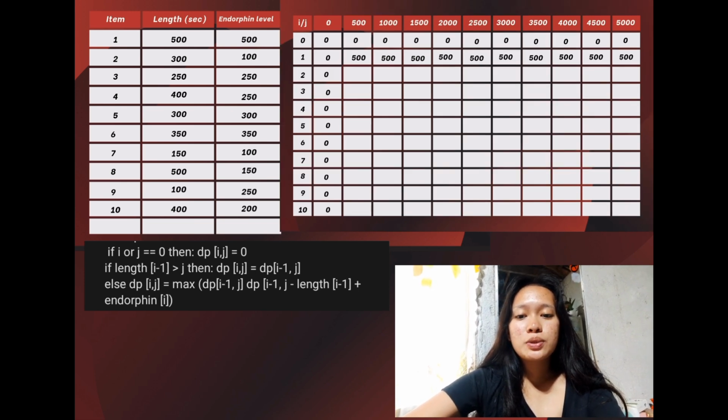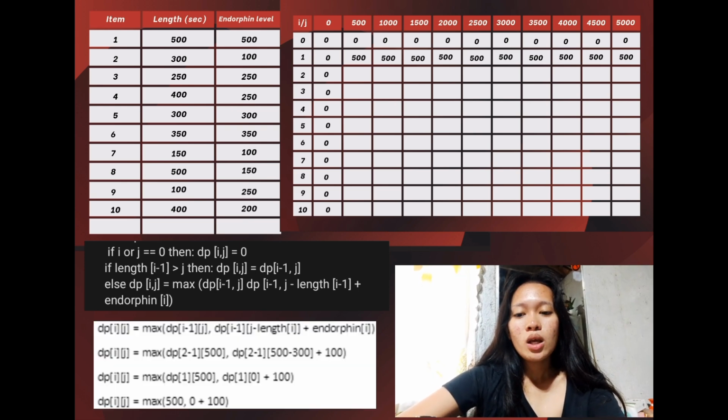Now, let's proceed na sa next row. Here po, skip na natin ang first rule since hindi naman siya 0. Sa second rule naman, hindi din, kaya proceed na tayo agad sa third step. Now, let's solve it. Ilalagay natin yung i, ganun pa din. So, dito ang i natin is 2, kaya 2 minus 1. Then, yung